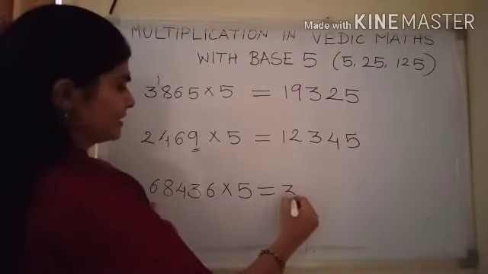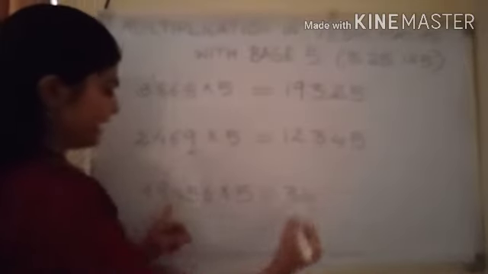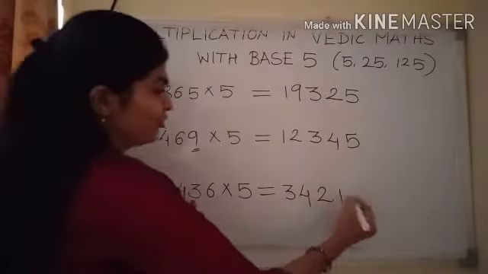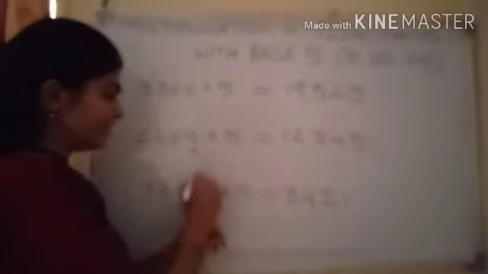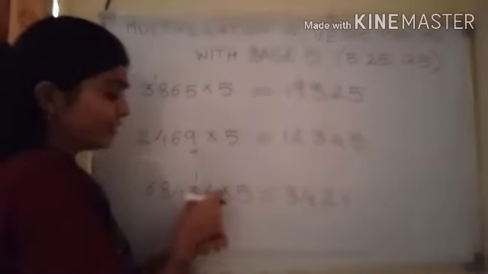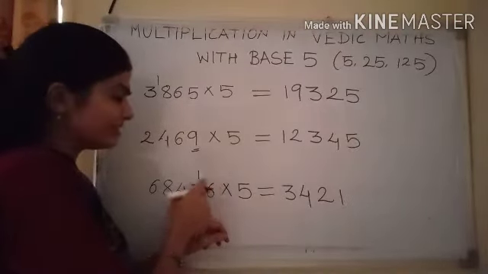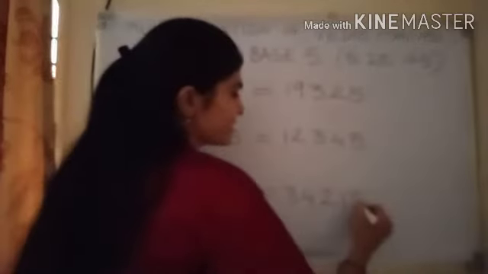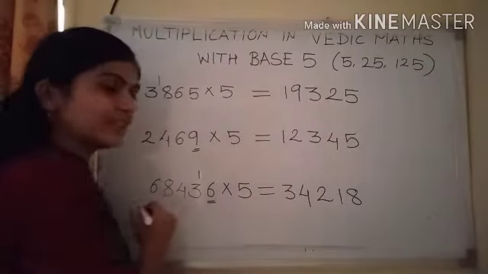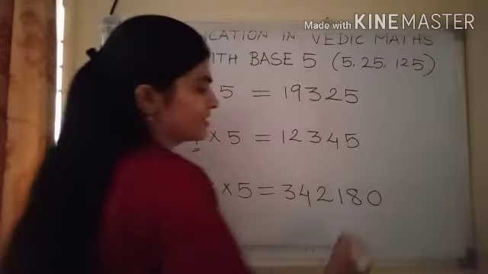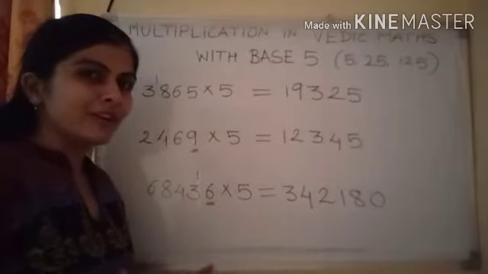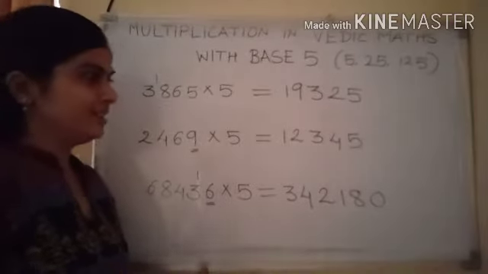Now what about this number? Let's see. 2 3s are 6, 2 4s are 8, 2 2s are 4, 2 1s are 2, but 1 remainder is there, and 1 and 6 now it is, because 1 is the remainder in this 3, 1 and 6, it means 2 8s are 16, and last one is the even number, write down 0. This is the answer. Hope you have got this fundamental.